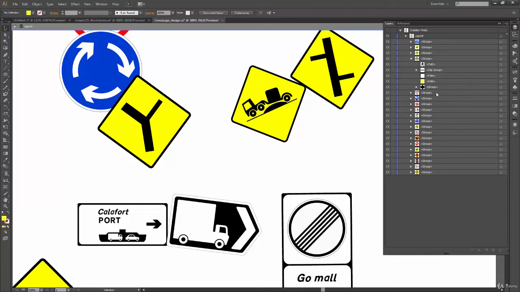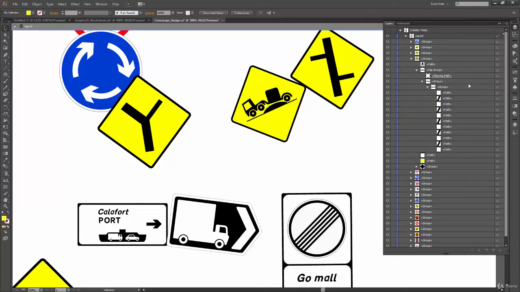So let me see if I have, yeah, in this group, if I open, I have one more group inside it. So if I open that group, it shows me a compound path and a group. So if I open this, there is one more group, and then there are several paths in that group. So this much level of detail you can just see within the layers itself.